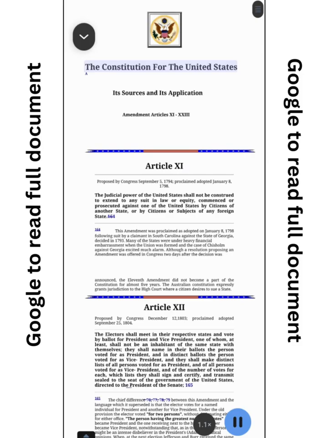11. The Constitution for the United States. A. Its sources and its application. Proposed by Congress September 5, 1794. Proclaimed adopted January 8,